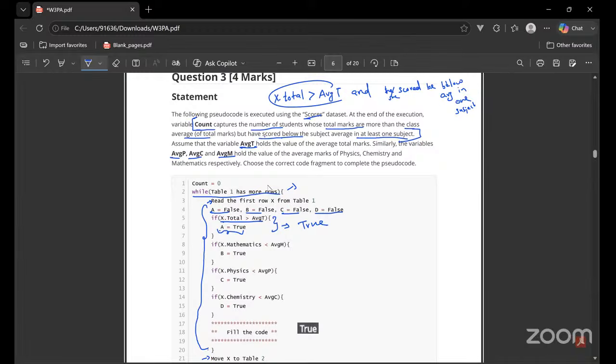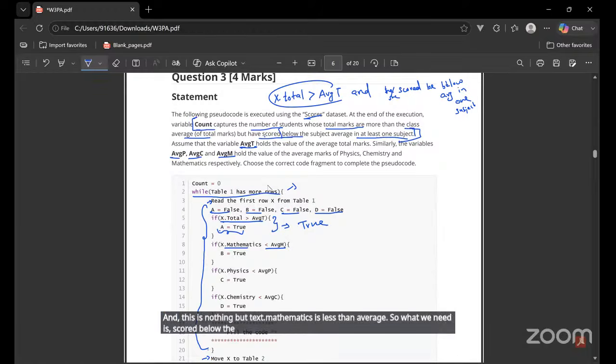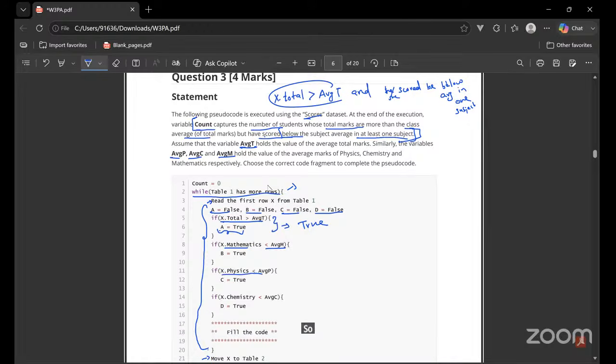And this is the X dot mathematics being less than average. What we need is scored below the average in at least one of the subjects. So if you look at all three conditions, it's checking for below average in their respective subjects, and we need either one of